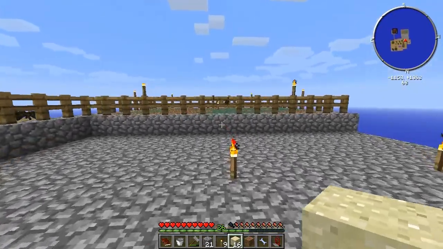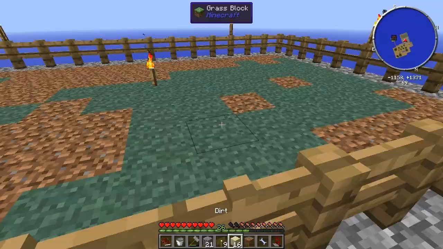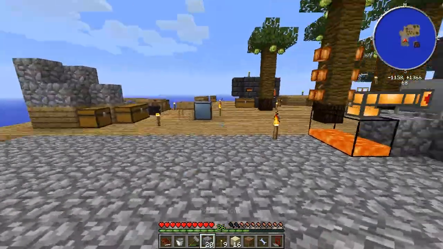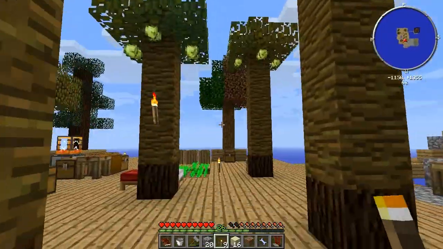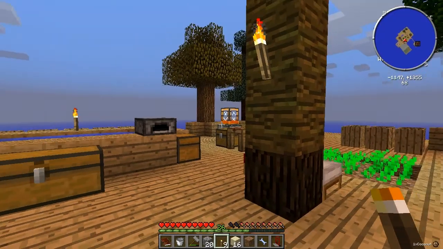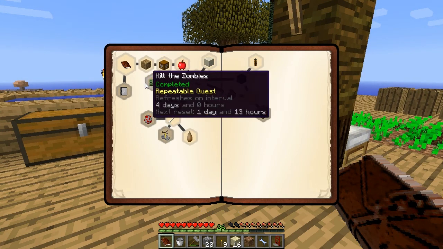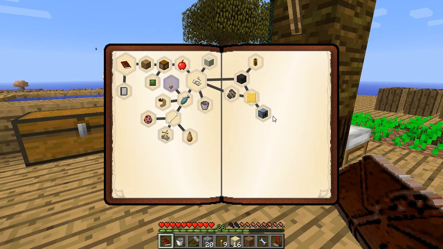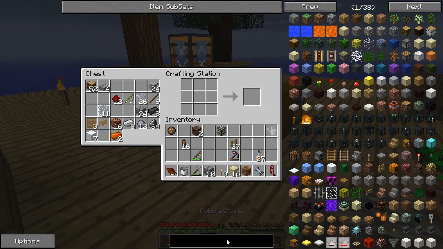Yeah, that's gone well. So I've done this much more efficiently than I thought it would. That's growing nicely. So we could check the quests. Make the accumulator. That's what we're going to do. That's what we can do. So